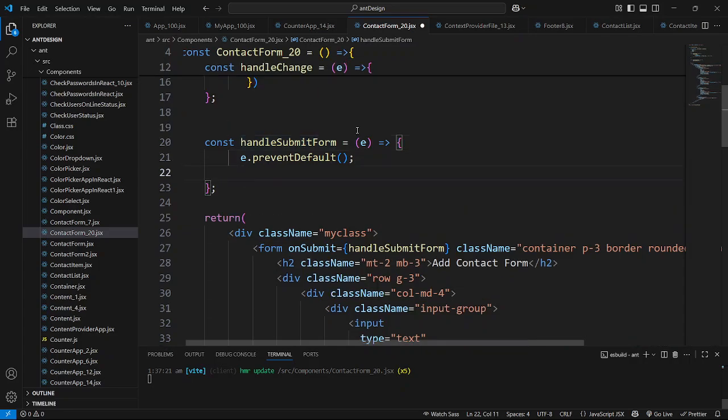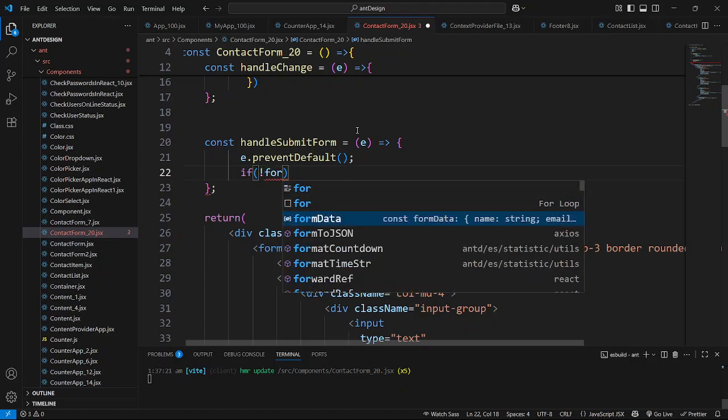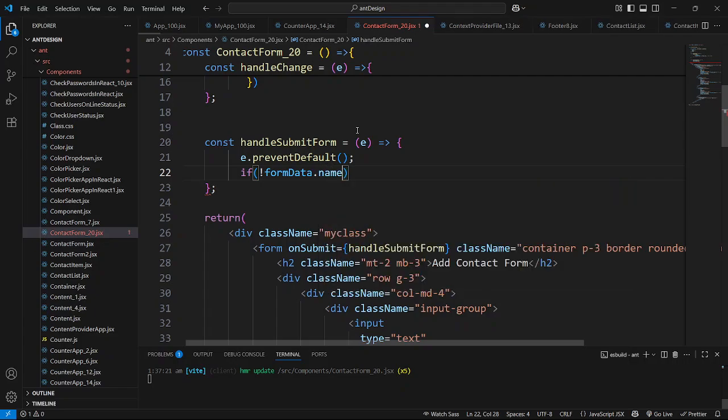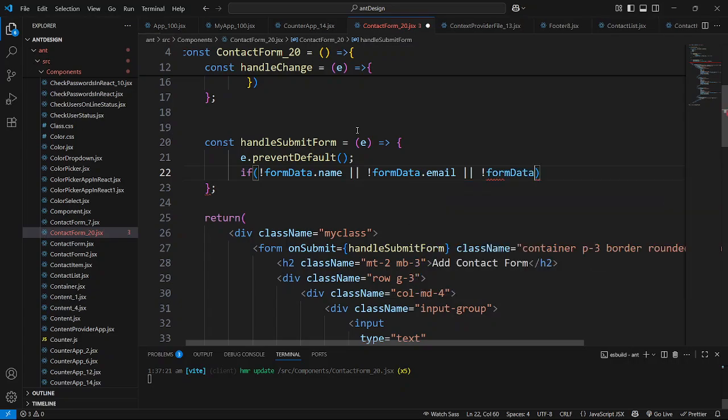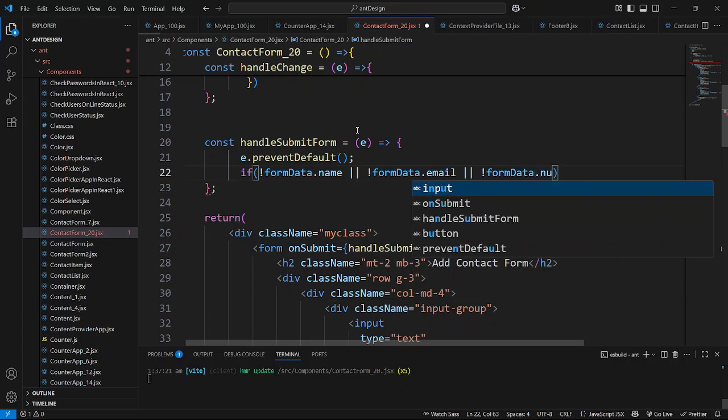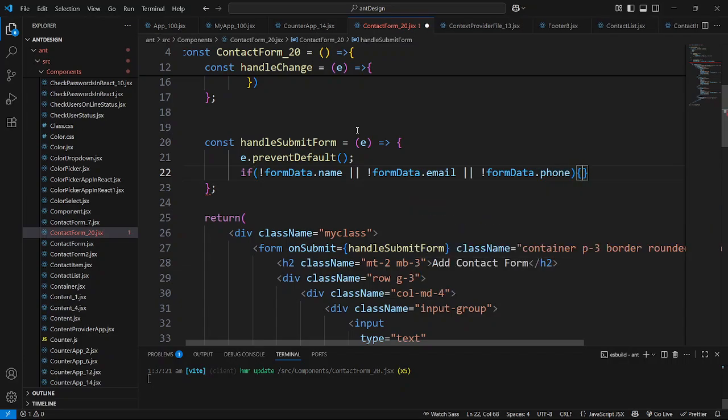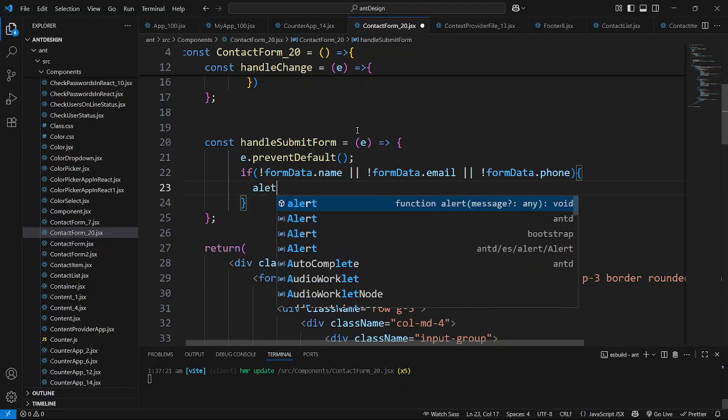I'll say if name does not equal to form data dot name or does not equal to form data dot email, or does not equal to form data dot number. If it's not number, it's phone. If it is blank, I'll just say here alert,